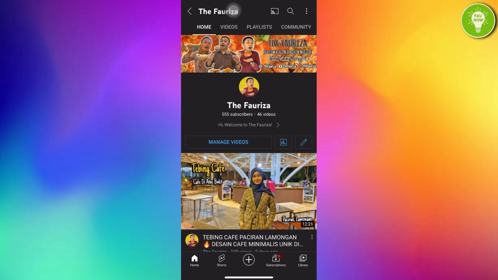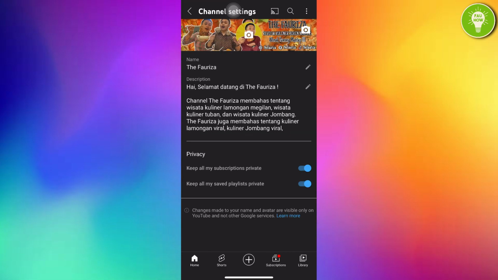After opening your YouTube channel, you can see there are some options: manage videos, graphic icon, and also pencil icon. Just tap the pencil icon. After opening this, you can see here channel settings. In channel settings, you can change your profile picture, your YouTube banner, your YouTube channel name, and also your YouTube